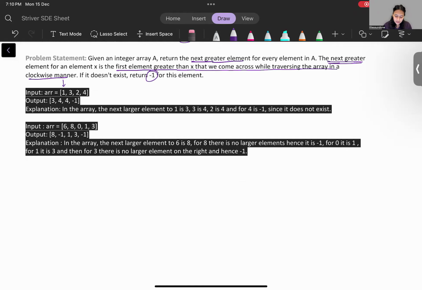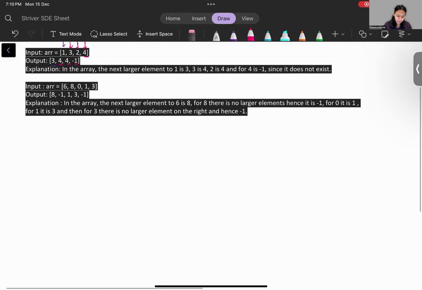Coming to 1, what is the next greater element? 3. Then coming to 3, what is the next greater element? 4. Coming to 2, 4. Coming to 4, it's the last element, so it's -1. Are you getting it? Now, if I have to discuss the most naive approach for this,